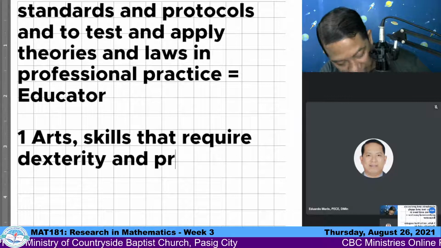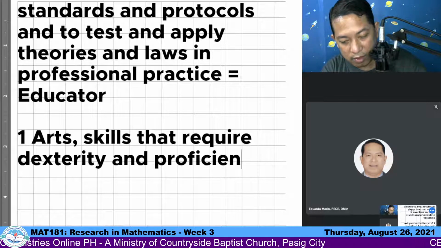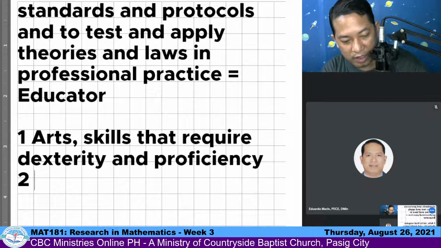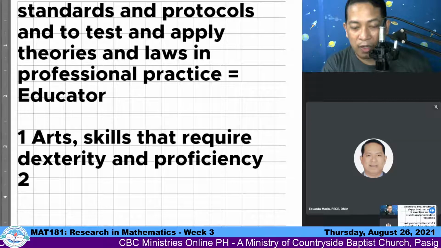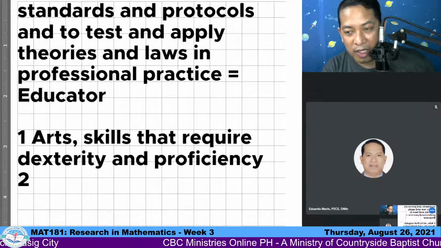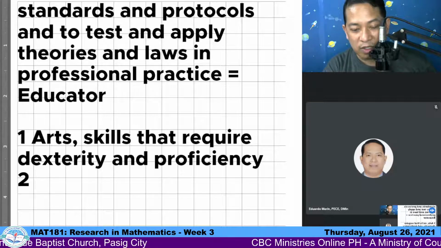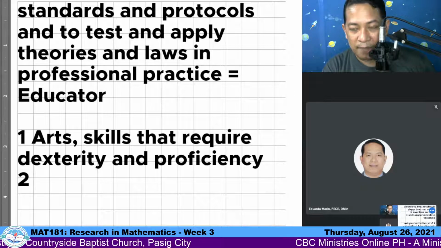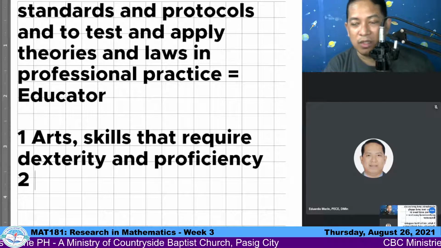So medyo nosebleed ako dito. Right? So that could be an example of a research area. Kaya ito yung pinagawa ko kay AJ, no? So magkakaroon ng research interest. Ano ba yung research interest mo? Out of a broad educational research, I mentioned a few. You could dig in with